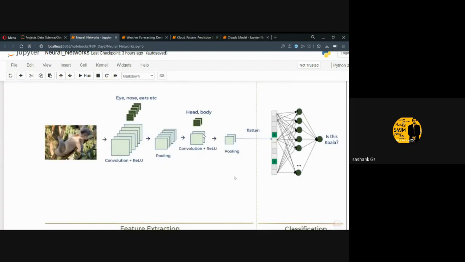And for the koala, as I said, this is a koala image. Eyes, nose, ears, etc. It's going to have 5 features. We're going to apply convolution. Obviously, the image size is going to decrease, but the feature size is going to increase. After you apply pooling, the image size is going to decrease, as well as the features are going to be increased. And head and body, we have aggregated or even further reduced it